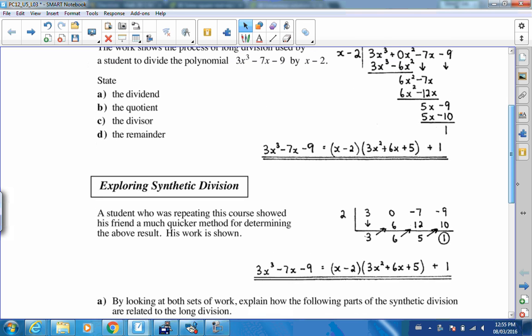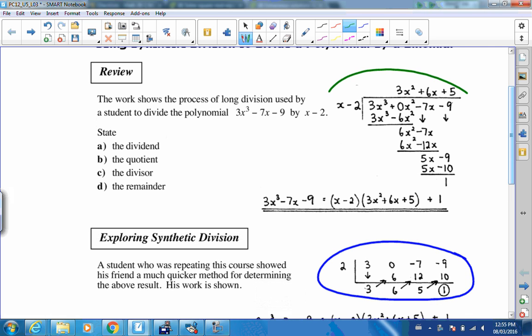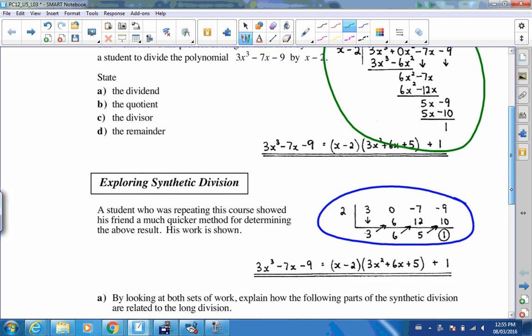But here's the long division work. Here's the synthetic division work. You can't argue that this is substantially smaller than that. It's also faster, which just makes it more efficient. So,